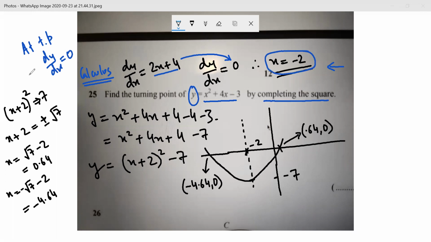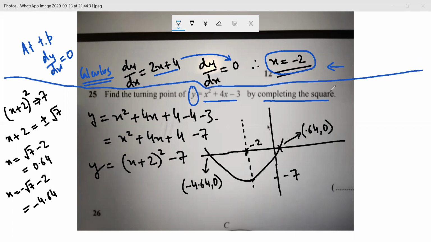No, sir. But the problem is that in this particular question, what they have said is that you need to find the turning point by completing the square. This is the method that you need to use. Now, when we look at this equation, we can easily say that the graph of this equation would be a parabola, because it is a quadratic equation. Also, the coefficient of x square is positive. Therefore, this would be a parabola which will open upwards. Is there any doubt? No, sir.